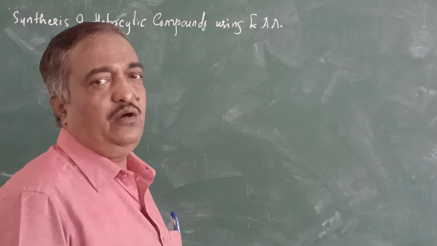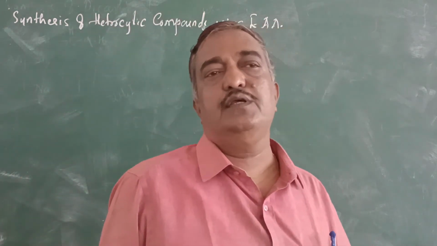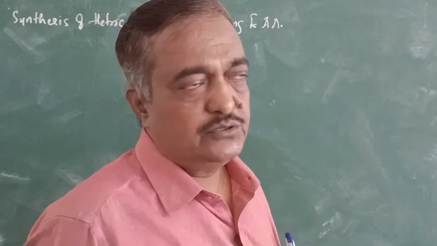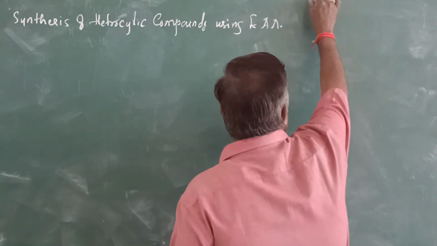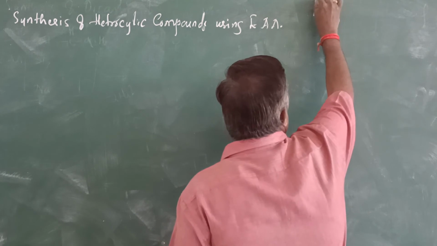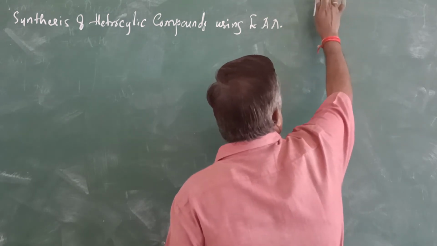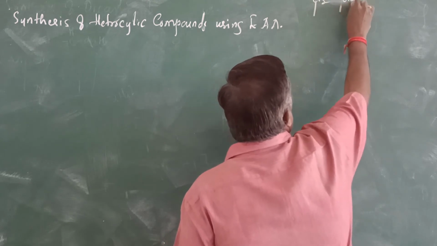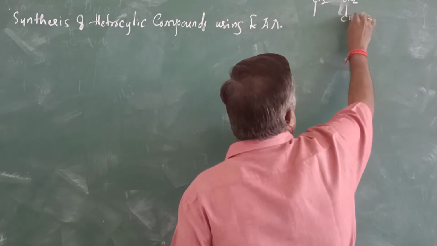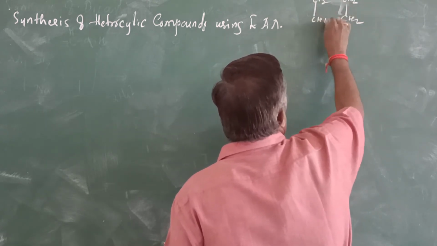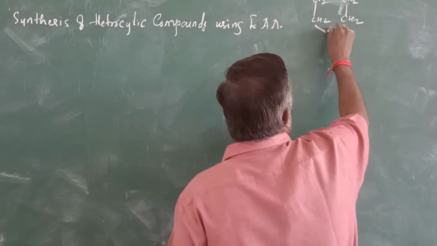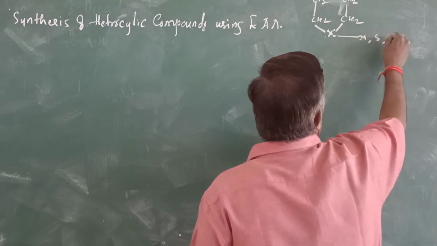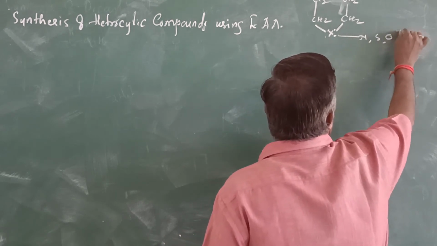Friends, as already you have learned this heterocyclic compound in one of your topics this year. So let me remind you what is generally a heterocyclic compound. A cyclic compound containing CH2. It may be a 5-membered ring or 4-membered ring, whatever it may be. Right? And here is an X. X is a heteroatom, so it may be nitrogen or sulfur or oxygen, etc.